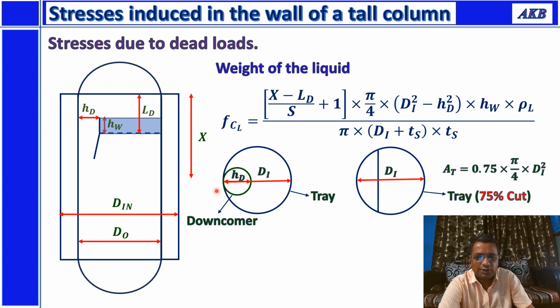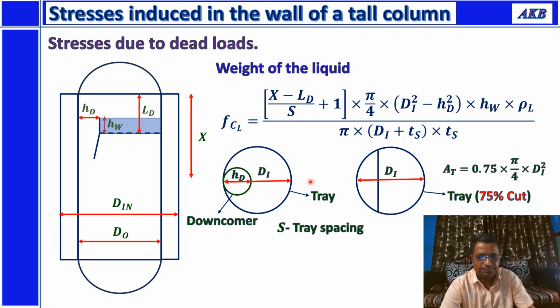Okay, so this equation is applicable when you have this type of tray. For this other type of tray, the only thing that will be changing is the area. So instead of pi by 4 into di square minus HD square, it will be 0.75, depending on the percentage cut of the tray. This will be 0.75 into pi by 4 into di square, for example, in this case. Okay. So in this way, you can calculate the stress that is induced due to